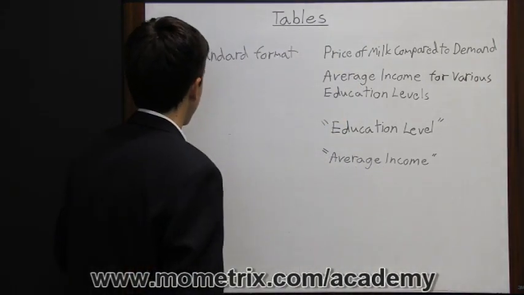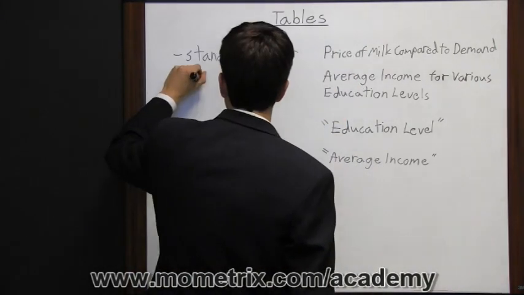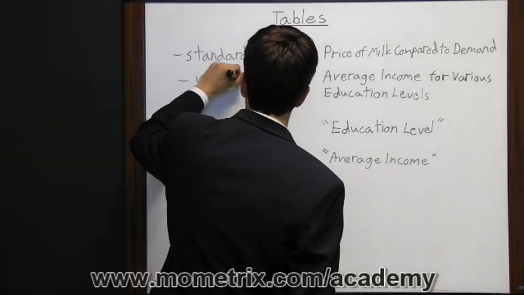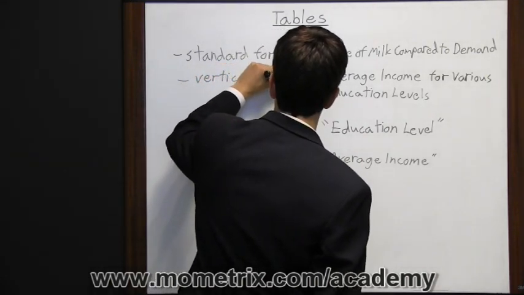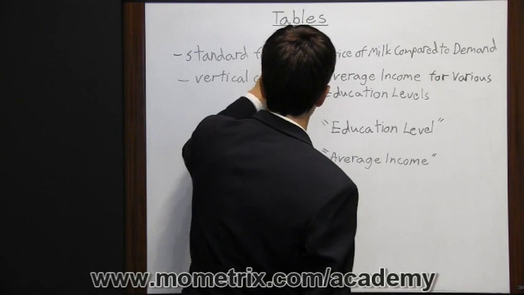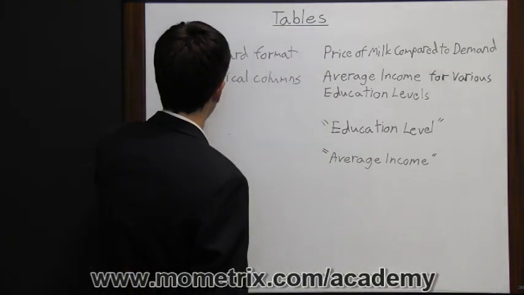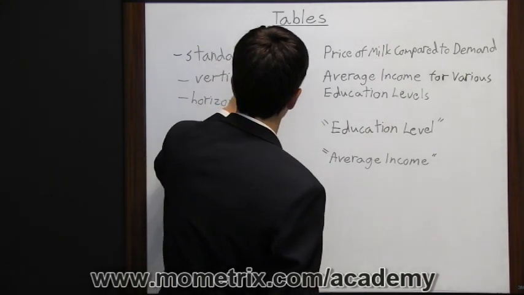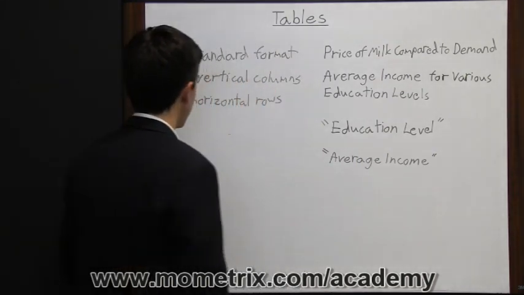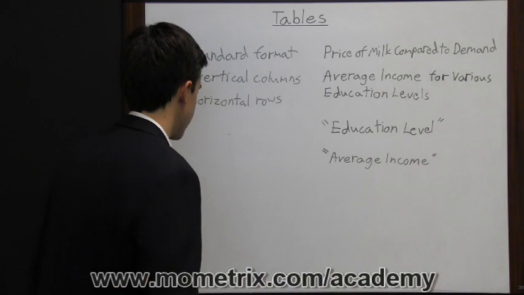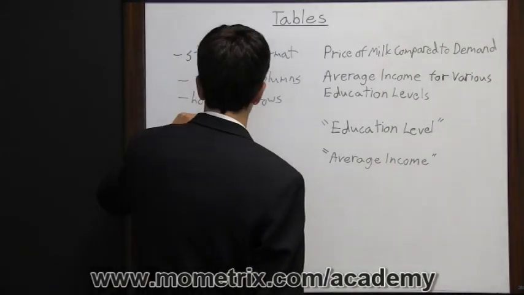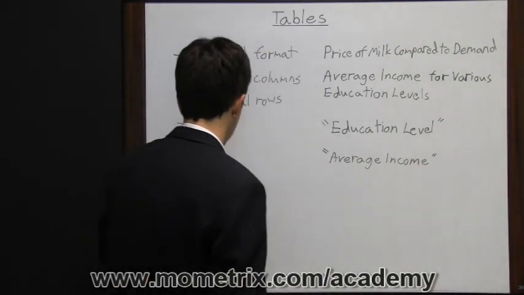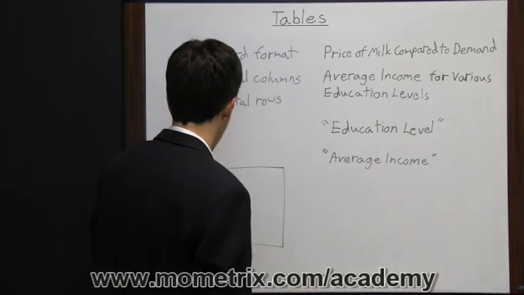To comply with a standard format, a table is made up of vertical columns and horizontal rows. These vertical columns and horizontal rows combine to form cells. So you can think of it looking something like this,